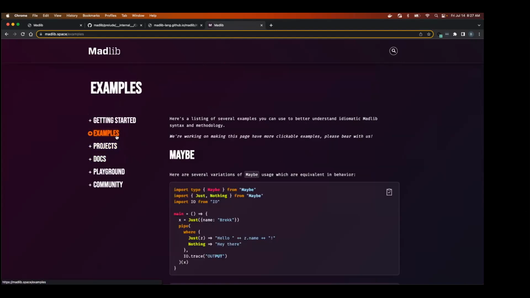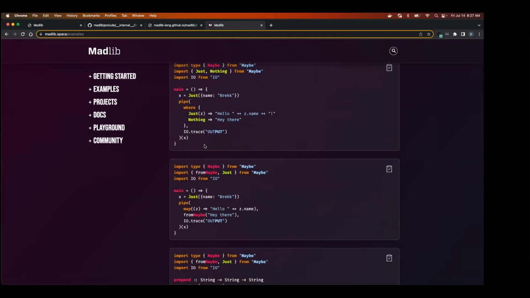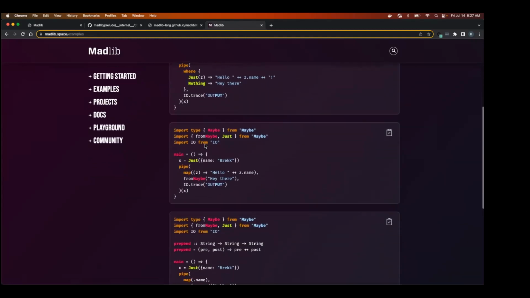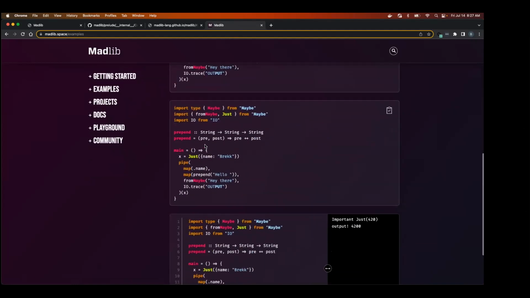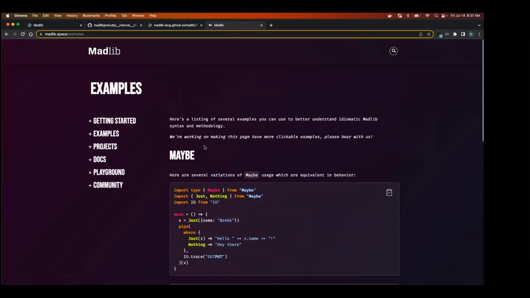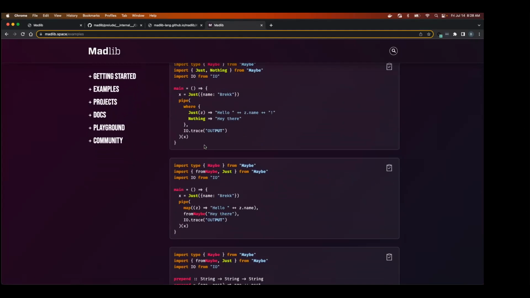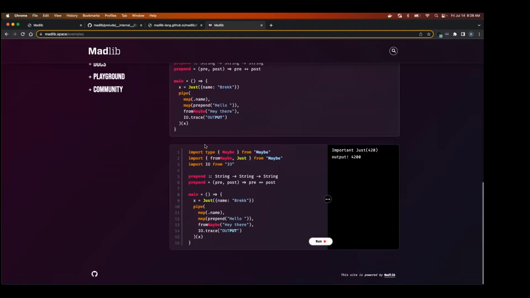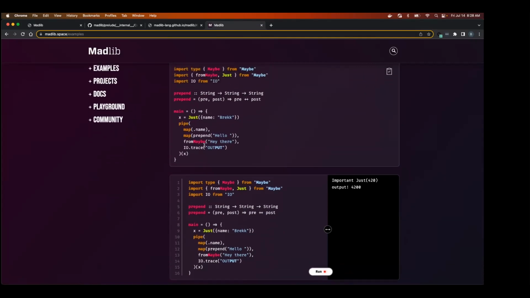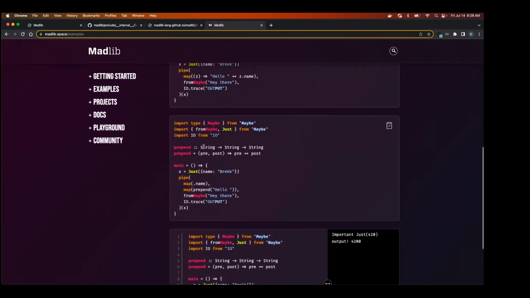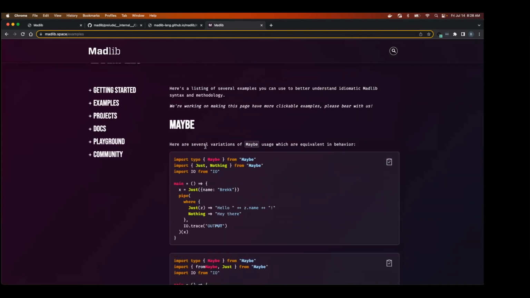And in general, it's been really interesting to sort of find the edges of where we think things are valuable and where we think things are hard. Because I think JavaScript used to be one of the most exciting things to me. And I've gotten so frustrated with where I think it's headed. And I think TypeScript is such a terrible mess. So yeah, that's the sort of hope here, is that you can start to see where this is headed. And we have a bunch of new things coming on the horizon, including rewriting the parser in Madlib itself.